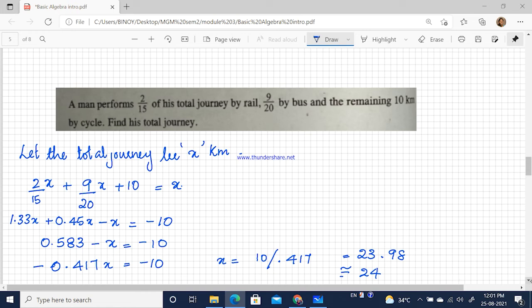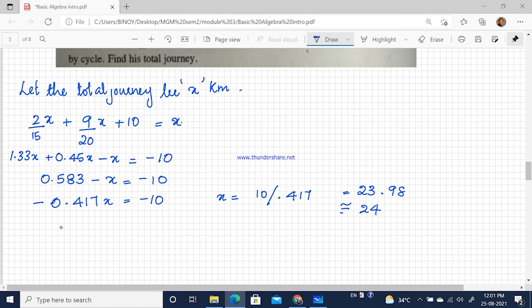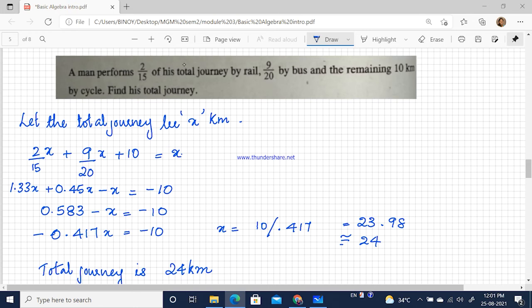So the total journey will be 24 kilometer. So total journey is 24 kilometer. So it was given a man performs 2/15 of his total journey by rail and 9/20 by bus